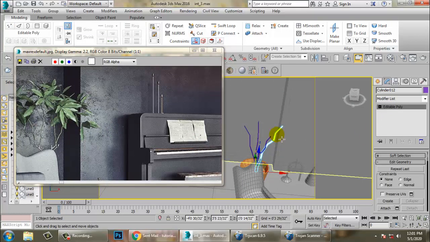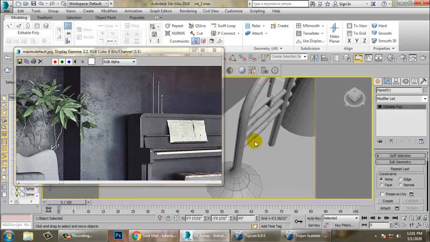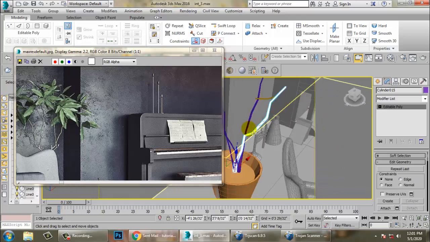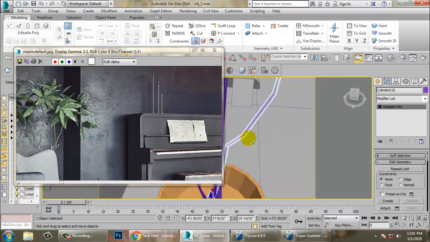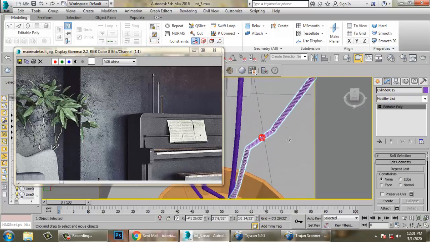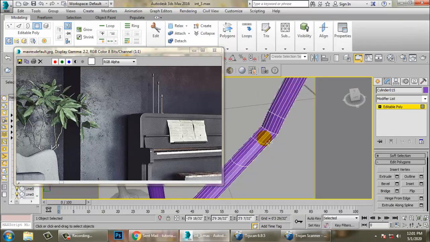Once you're done, if you want something extruding out from here, you can definitely do that. Let's use a swift loop, again use a swift loop. Select this and extrude it.